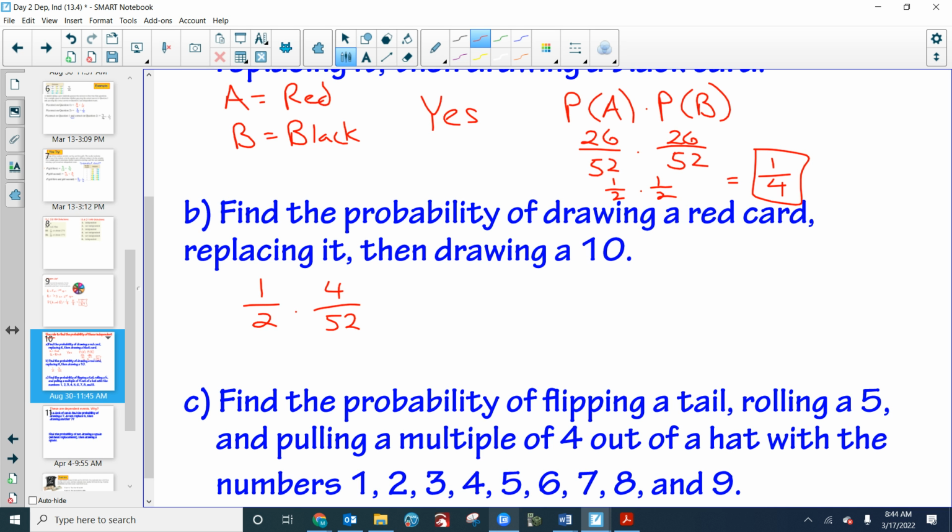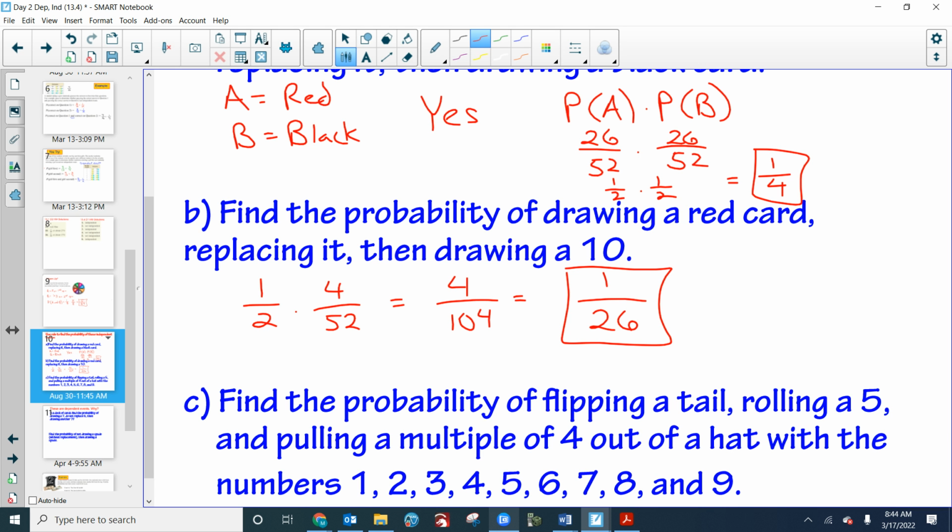Yeah, 4 out of 52 is 1/13. You could reduce it if you want to, or you could just type it in and then reduce it at the end. Your calculator will do that for you. So 4 over, what's that? 104? 1 over 26. So 1/26